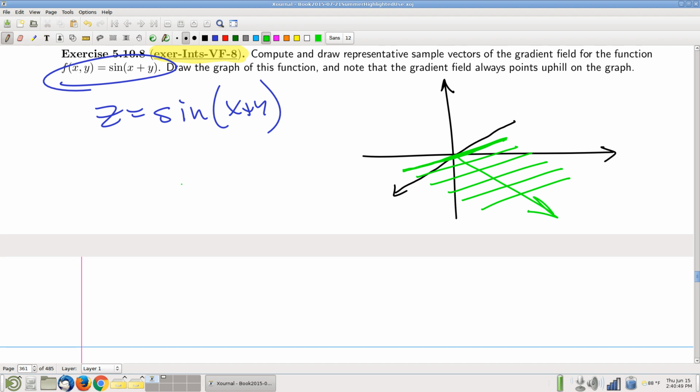Okay, so let me try to draw this then. So you get one there, and then